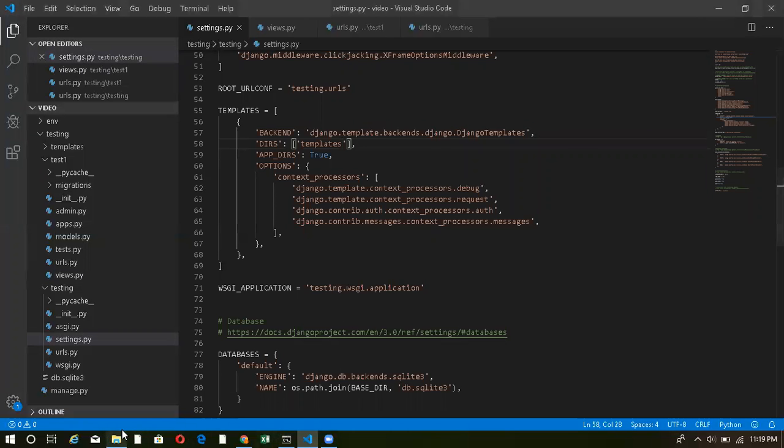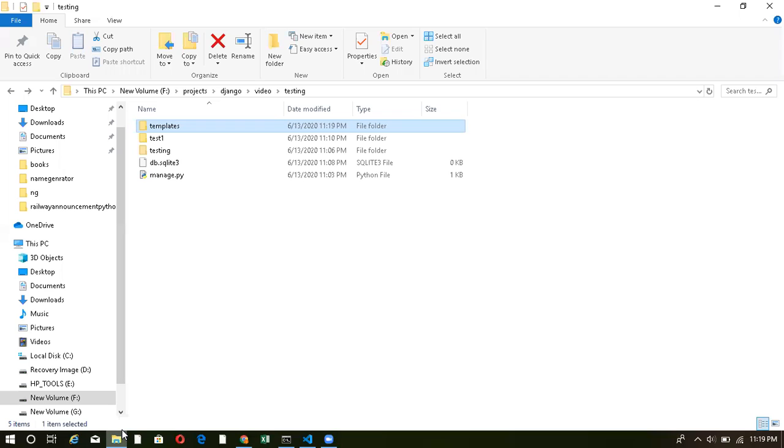If you see other videos, in many of them they say to keep your templates folder inside your app. But I recommend you keep the templates folder in your base directory, and inside your templates folder, you can create further folders regarding the app names.